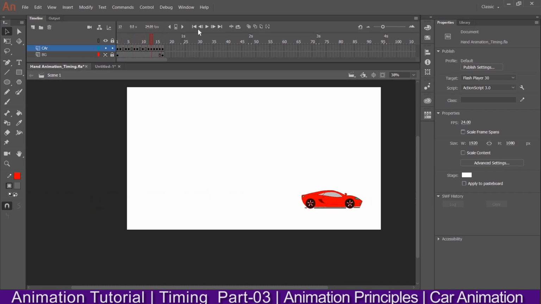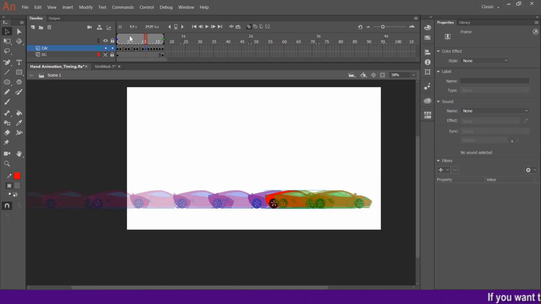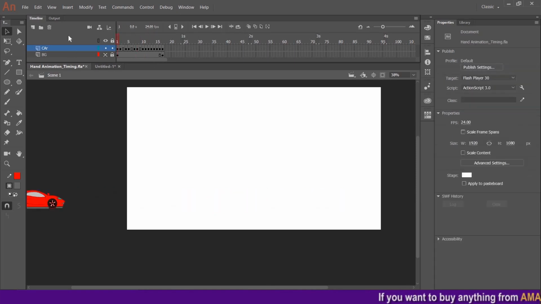More slowly it can go. So if you want, you can put one more drawing over here just to see whether it is working or not. Okay, and let me see once again.